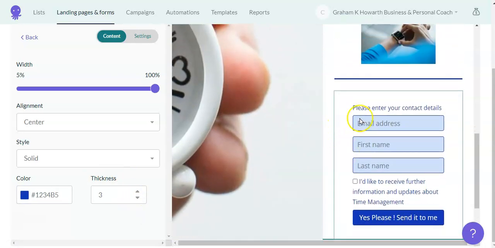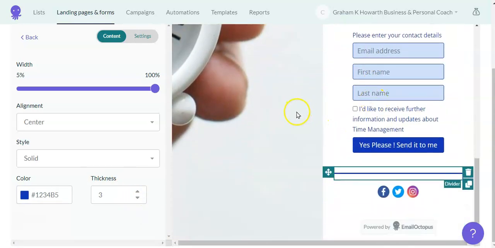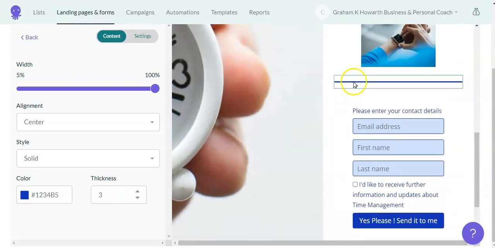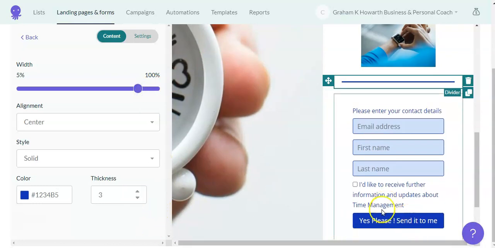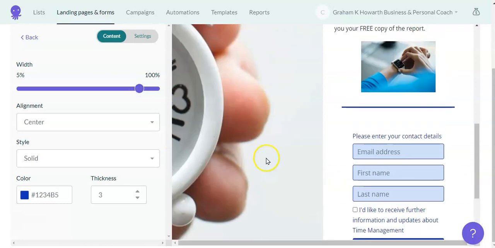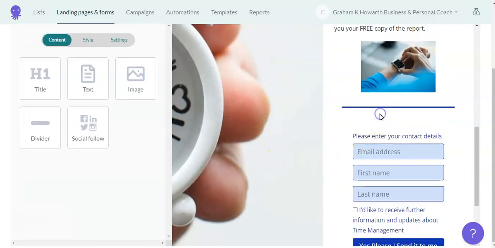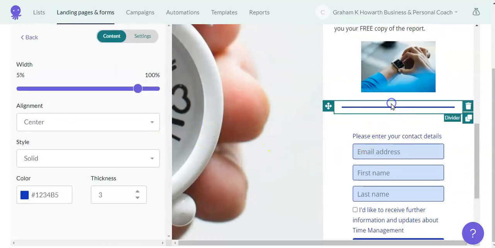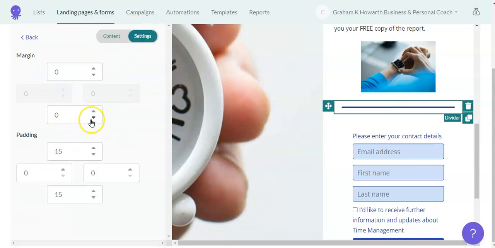Okay, so we've broken out the form a little bit now, makes that stand out just a little bit more. I think I'll just take the width down slightly, and the same with the other one. Take the width down there. Okay, quite good gaps here, so if we go into the line again and go to the settings, we can